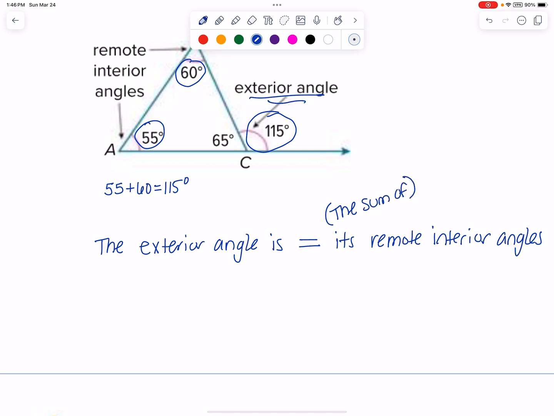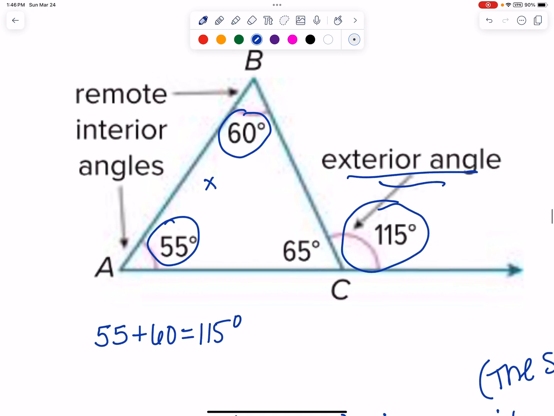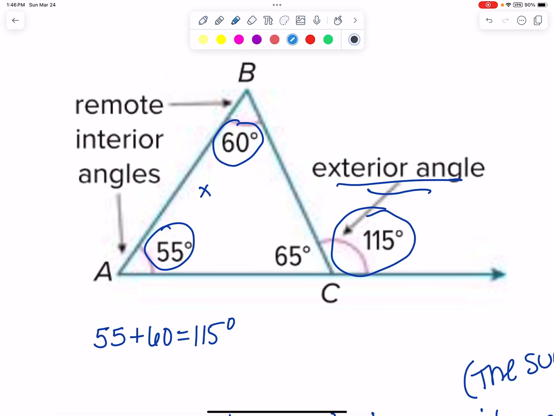Okay, so the sum of its remote interior angles, because we did add those together, right? All right, so that's something really important to understand. So let's try to understand why that works, okay? One thing we know is 65 plus these two equal how much? Well, right, those equal 180 degrees, okay? And so if 65 plus those two equal 180 degrees, and 65 plus this equals 180 degrees, okay, that's why